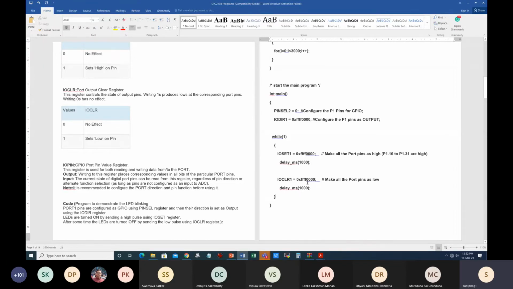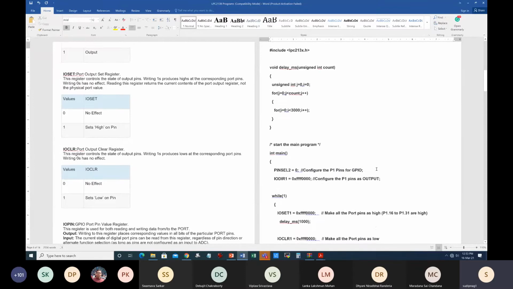So here we are doing simple blinking of the microcontroller IO ports, and here look at this. I'm blinking all 16 bits at a time. So which looks awkward obviously, but this is just an example. So similarly, you can just put any one bit. Suppose I want to use it for only port 1.31, for example. So what I will do, I will actually configure it instead of this one. So I want to, let's say, only do for 1.31. For this, what shall I write?